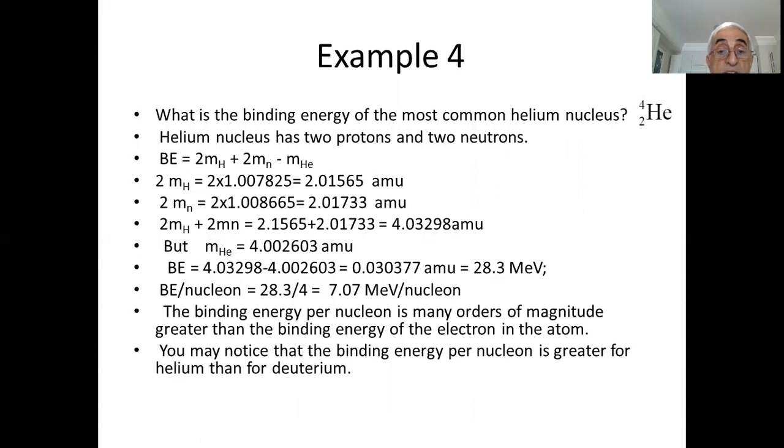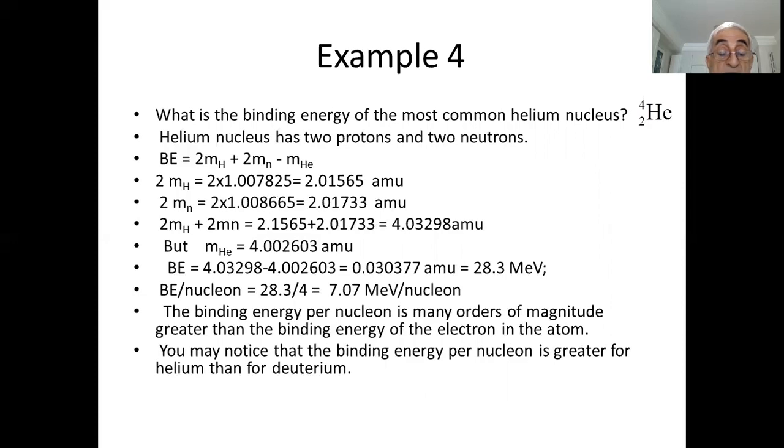Example 4. What is the binding energy of the most common helium nucleus? The helium nucleus has 2 protons and 2 neutrons. So binding energy equals 2mH plus 2mn minus mHe. 2mH is equal to 2.01565 AMU. 2 neutrons will be 2.01733 AMU. And the sum will be